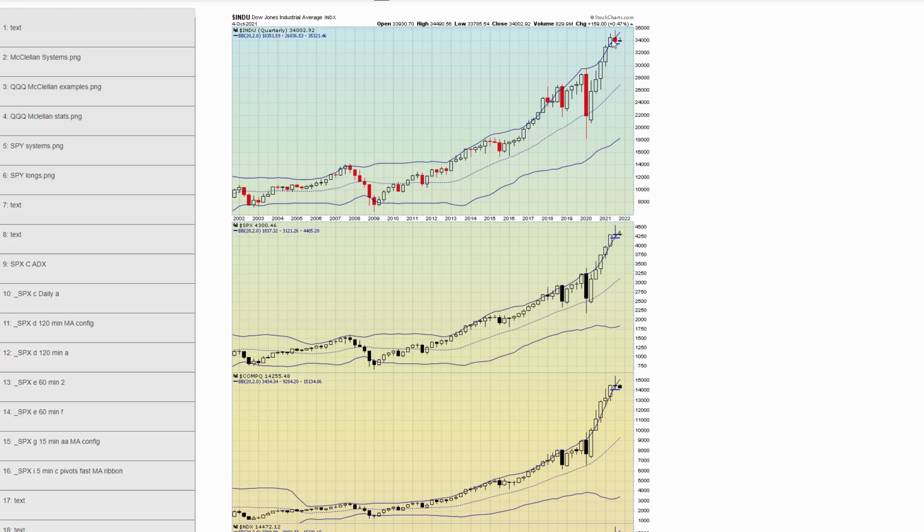With these doji candlesticks, notice I drew the horizontal line at the low of these dojis. Breaking that would set up a potential short if you wanted to take a short with a stop right at the high of the doji. Okay. These scare me because, just longer term, you eventually will retest the middle Bollinger Bands. And look how far these are away. This could lead to an eventual quite long consolidation, correction, deep correction in the market.